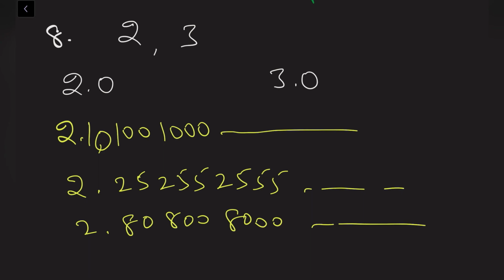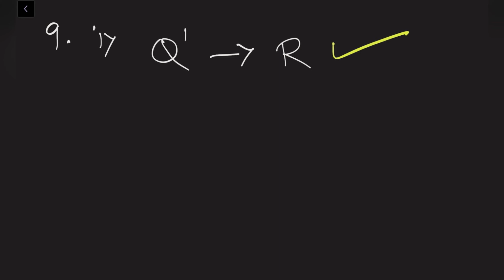Next, let us move to the last bit of this exercise, that is bit number 9. In bit number 9, he is asking true or false type of questions. The first one is, every irrational number is a real number. Is this statement true or false? Obviously yes. In the introduction video we discussed very clearly that if we are moving from smaller to bigger, obviously the statement will be true. So every irrational number is a real number. This statement is 100% true.